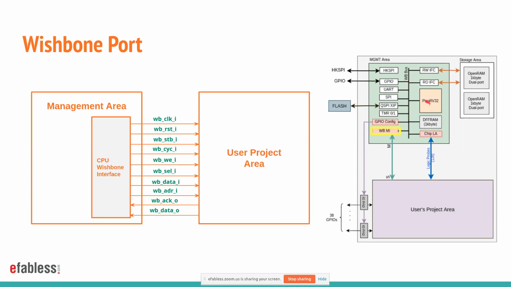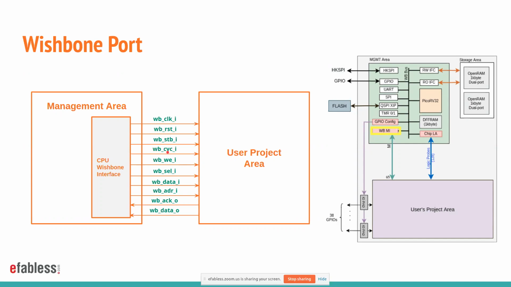And the management processor exposes a wishbone port that is connected directly to the user project space. So you get access to these signals: the wishbone clock, the wishbone reset, the strobe signal, which acts as a select signal for the wishbone client in the user project area, a cycle signal, which indicates the start of